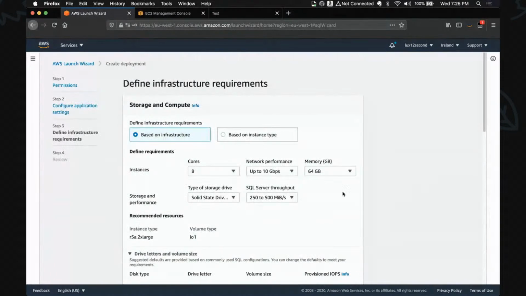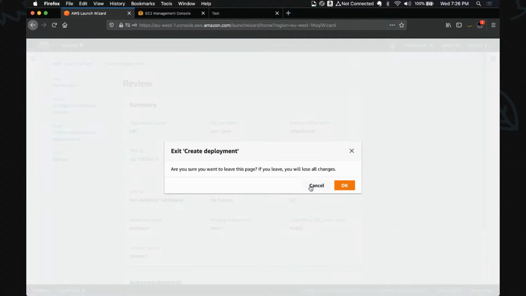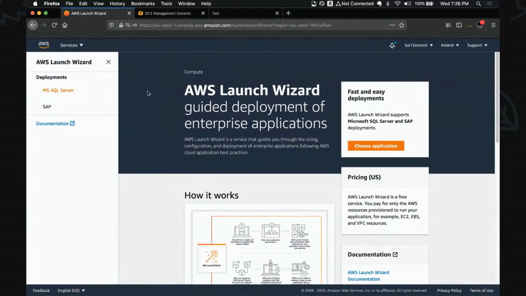So if I hit next in the screen, this is the summary screen. When I hit deploy, it starts the deployment. But actually what it does is it creates a CloudFormation stack, a CloudFormation template for me that it uses as the artifact for that stack. So if you need to deploy another one, you can either run the wizard. We are not charging you for running the wizard, so you can use it as many times as you want. But the output of this process is a CloudFormation template, so you can use that CloudFormation template for your further deployments. So I'm hitting cancel here, and I'm approving. Okay.